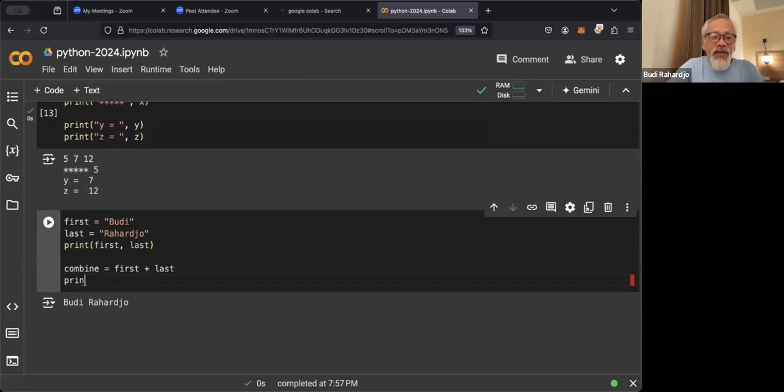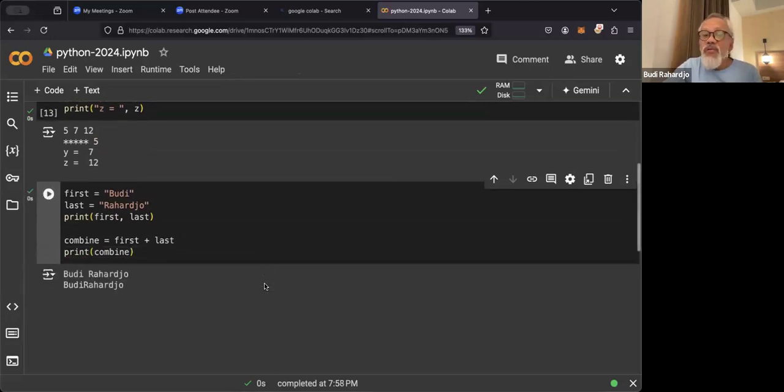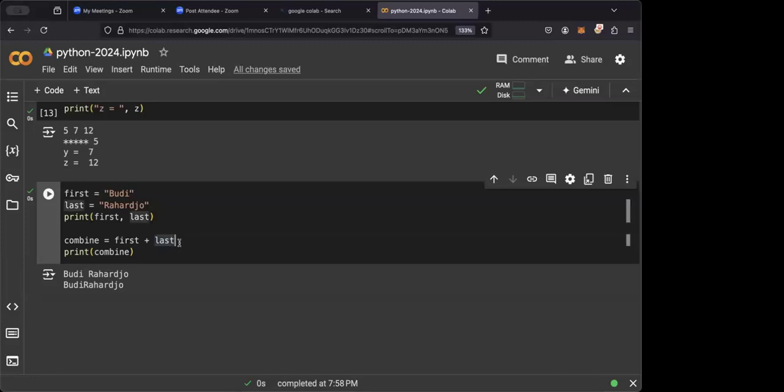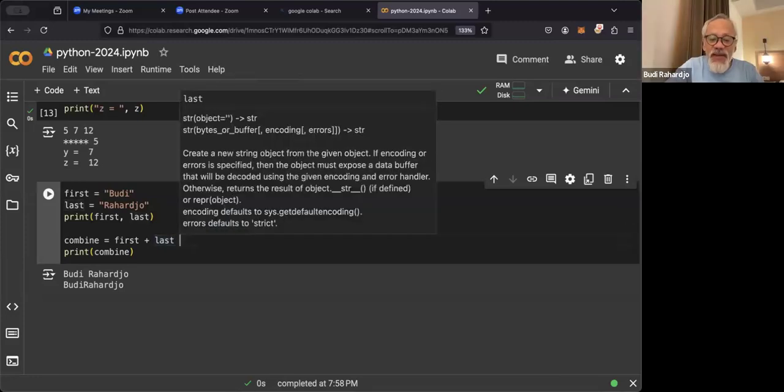Print combine. Apparently plus is concatenating, just joining one after the other, menambahkan, menempelkan di selanjutnya. There's no space, because the text has no space.